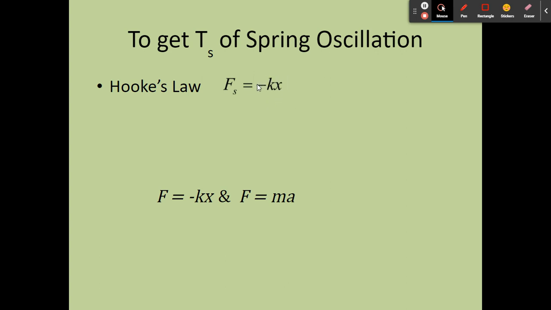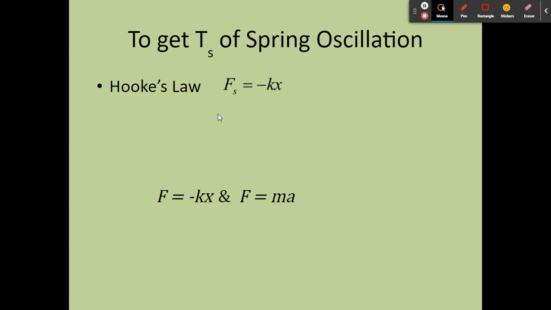That negative really only is important when we're doing calculus because it's directional, and that directional part really matters. When we're doing free body diagrams, the negative doesn't matter because a free body diagram shows direction. So if we have one force going up, like the spring force, and weight going down, that negative sign just sort of comes out in the wash because they're pointed in different directions. But if you're doing things mathematically with calculus, that negative sign needs to be in there because you can't see